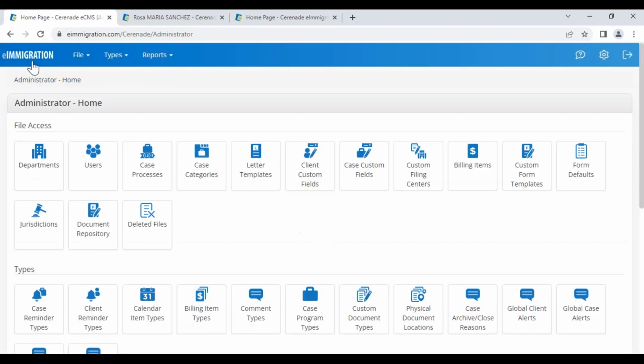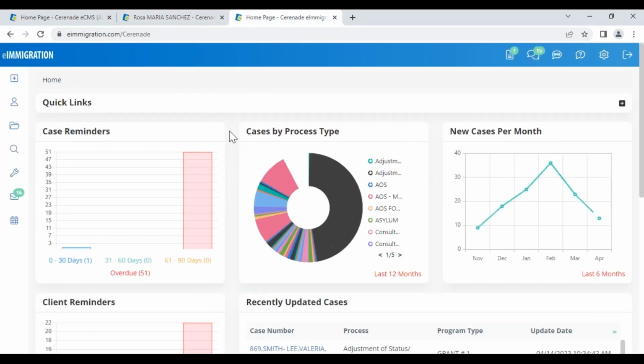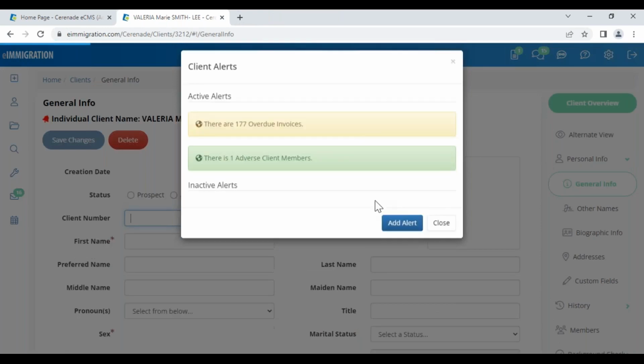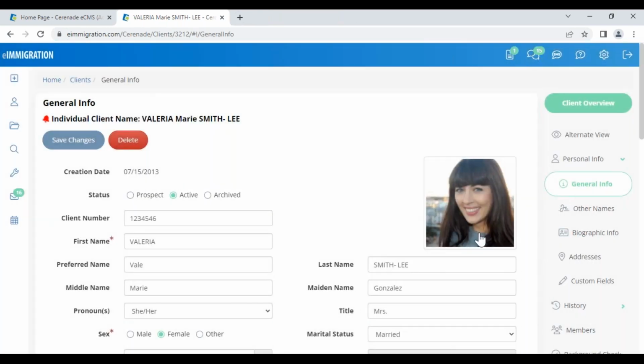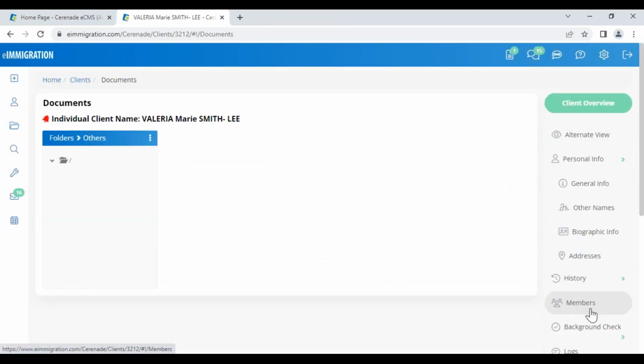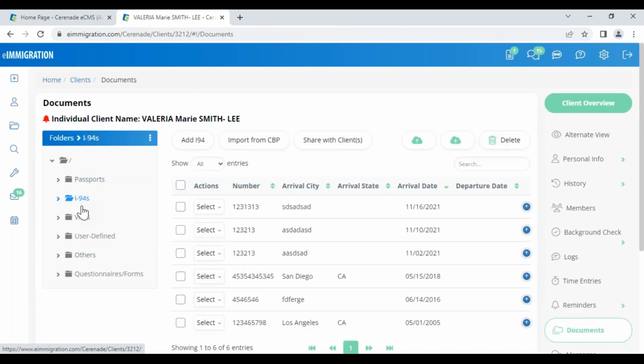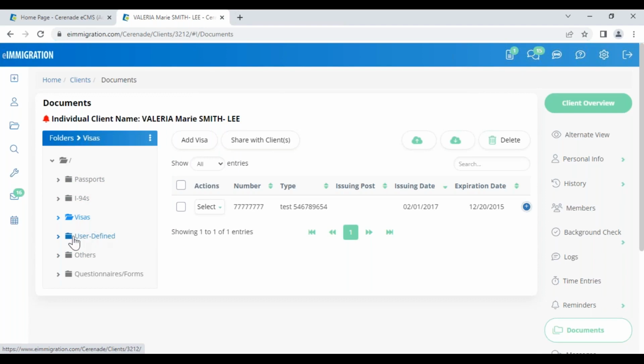So those are the smart alerts. Now I would like to show you how to manage your expiration dates and deadlines. So let me access the account again for the client. All right, so if you click on documents,